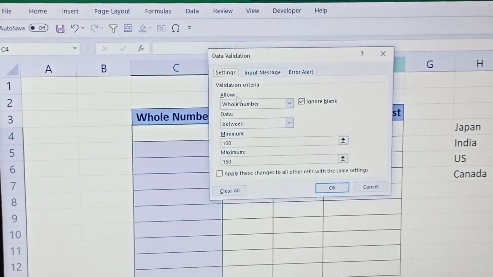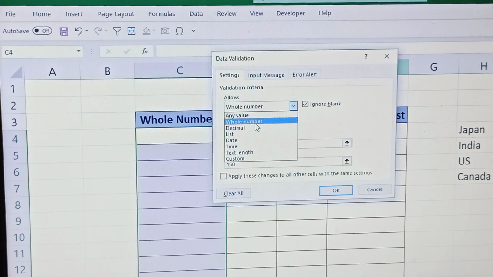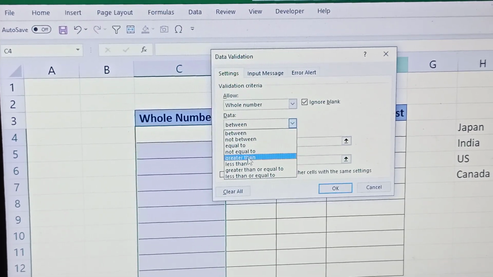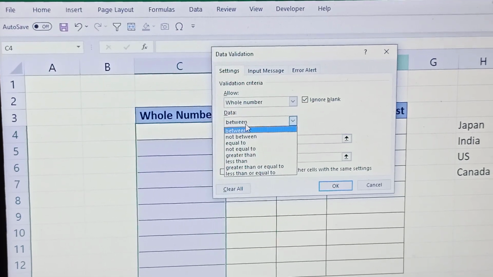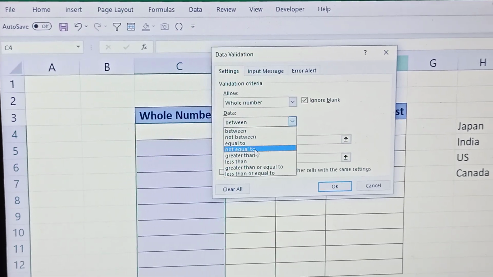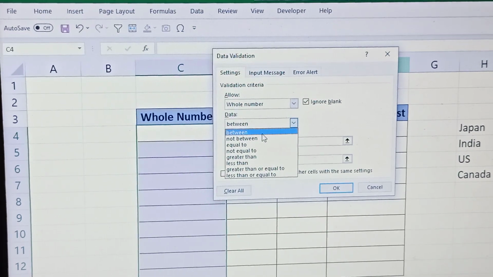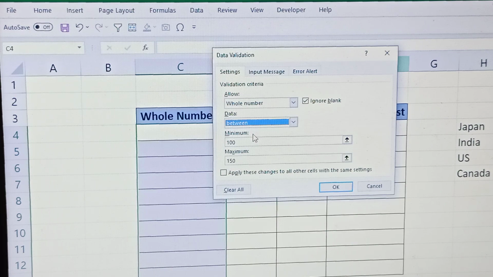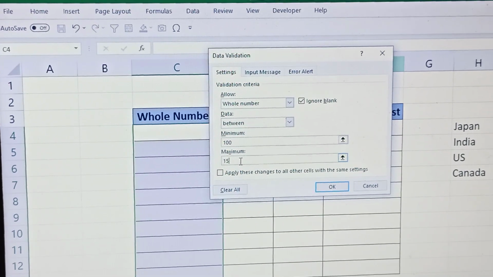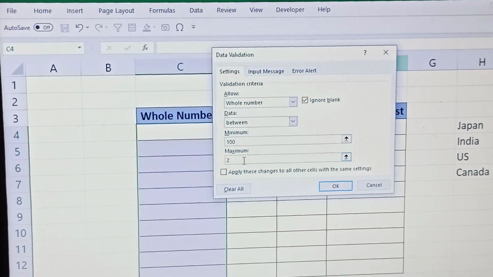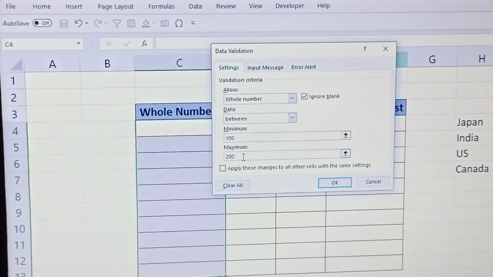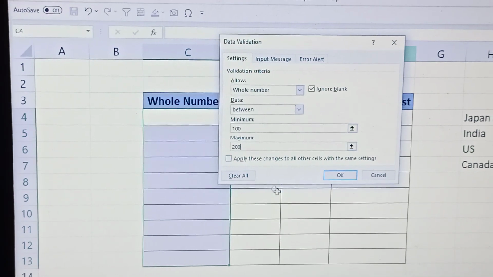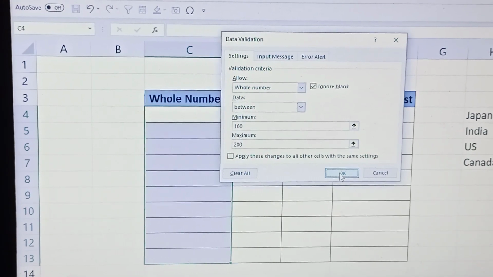Where it is written Allow, you have to click on Whole numbers, and from here you can select between, not between, equal to, not equal to. For right now we are just clicking on between. So now numbers between 100 to 200. Your minimum entry can be 100 and the maximum can be 200, numbers only. And now you click on OK.